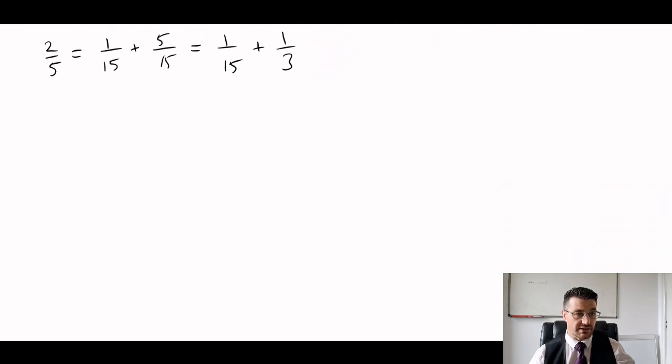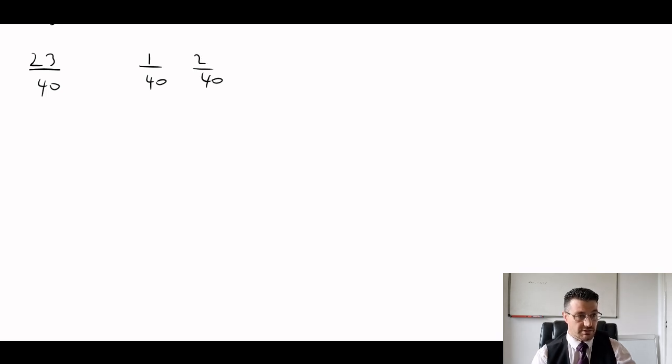Okay, and then finally, what have we got? 23/40. So I did a similar thing here, except I didn't bother thinking about any equivalent fractions here. I just went straight in, just on the off chance that it worked. So I thought about 1/40,